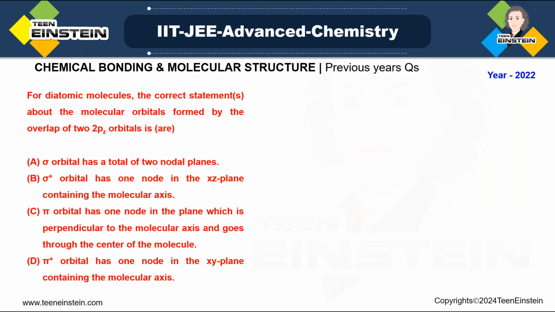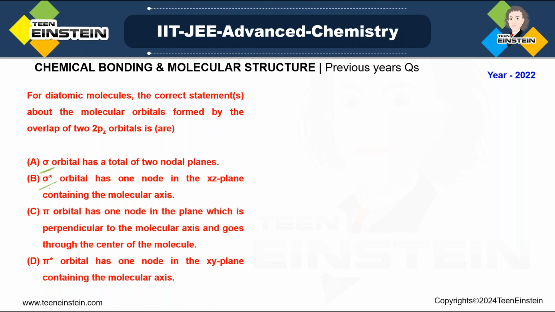For diatomic molecules, the correct statement or statements about the molecular orbitals formed by overlap of two 2pz orbitals. 2pz orbital means you have to consider the p orbital which is on the z-axis, because it is specifically mentioned. Now, if you look at the options, the first option is related to sigma orbital formation, the second